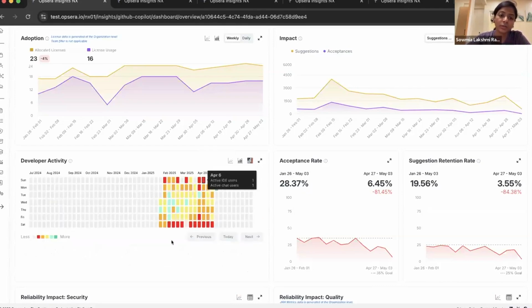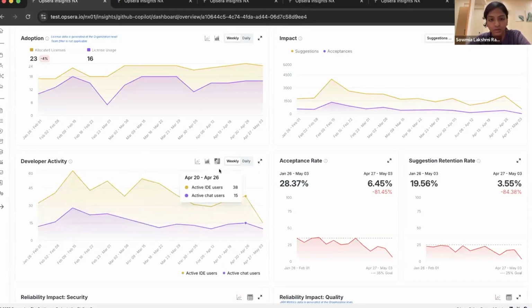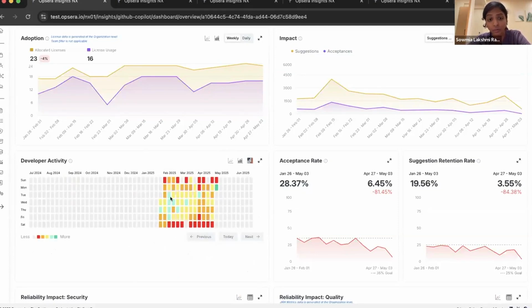And here, this is where we want to highlight the heat map view. Let's say you have a 2-week sprint. Probably your developers might not be actively engaged with Copilot across the 2 weeks. So coming back to the line chart, you might see there is a dip and an increase in the number of users, and this gives you a picture of why that is happening. Maybe they're very busy with Copilot during the middle part of the sprint, after they're done with the investigation, after they know everything about the user story.